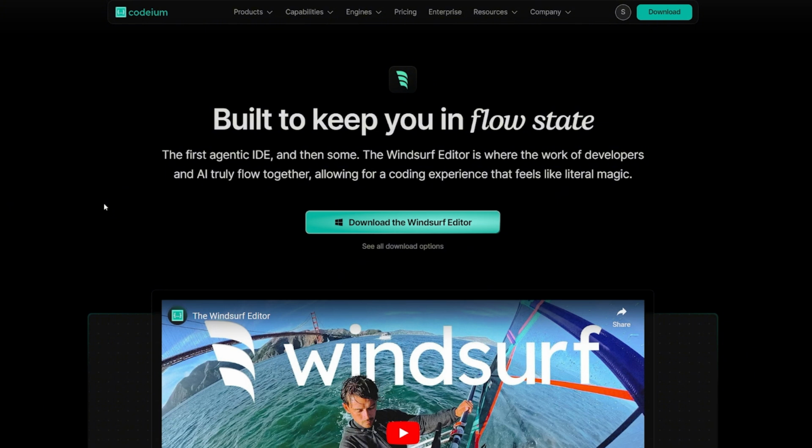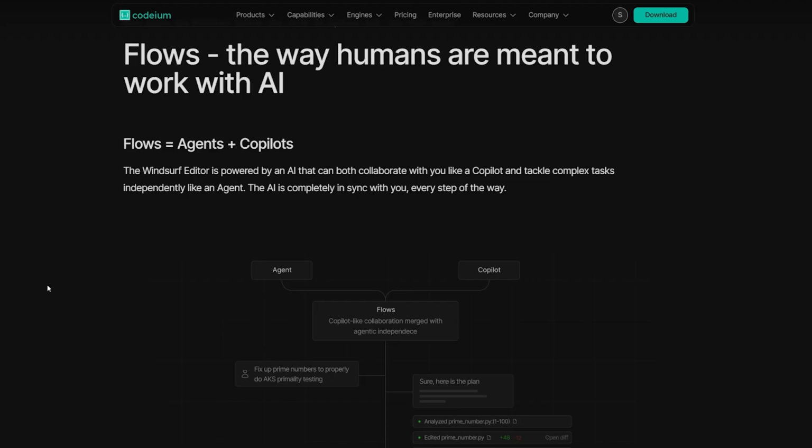This editor is created by Codeium. It was a famous coding assistant before even AI took off. Windsurf has something new called Flows. It's like combining both agents and co-pilots in one thing and calling it Flow. Its ability to tackle complex tasks like an agent and collaborate with your code like a co-pilot is what makes it stand